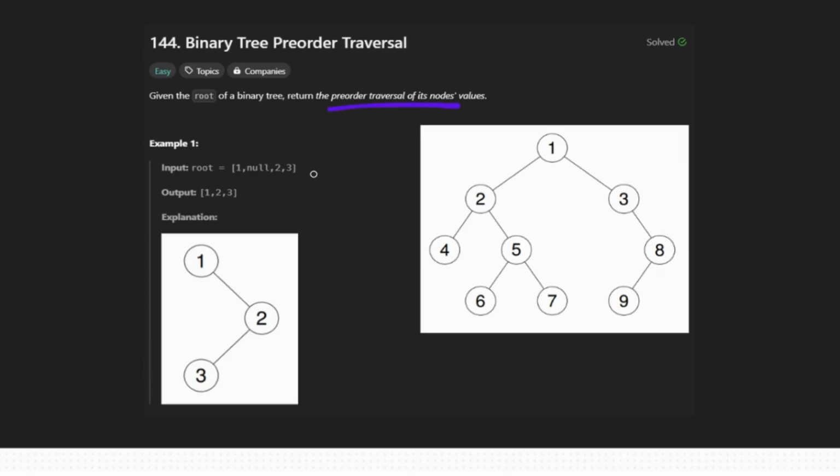I've also copied another example over here, and this will better illustrate how we're supposed to traverse the binary tree. So we always start off from the root, then the left node and then the right node when doing pre-order traversal. So our output in this case would be 1, and then the left node is going to be